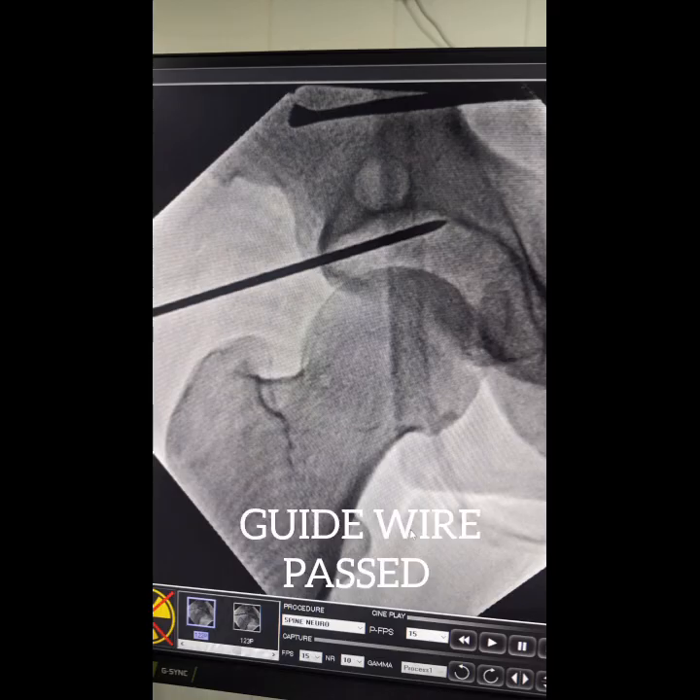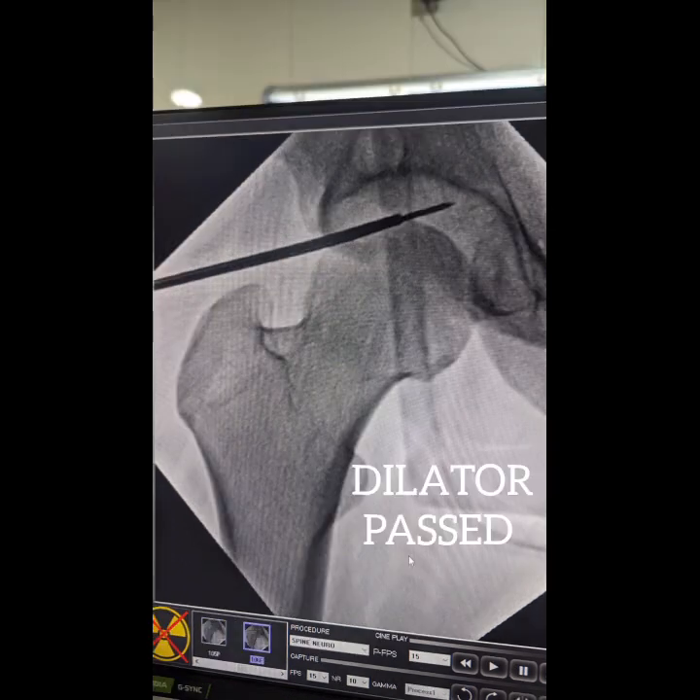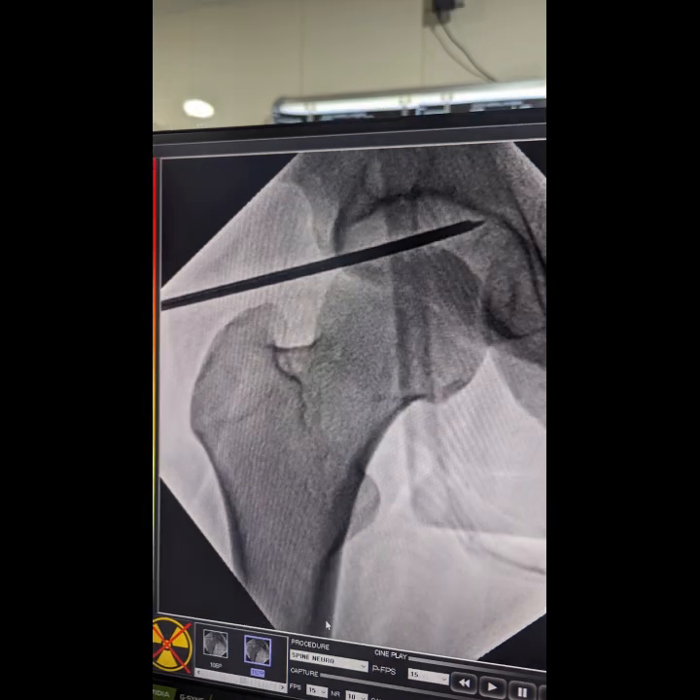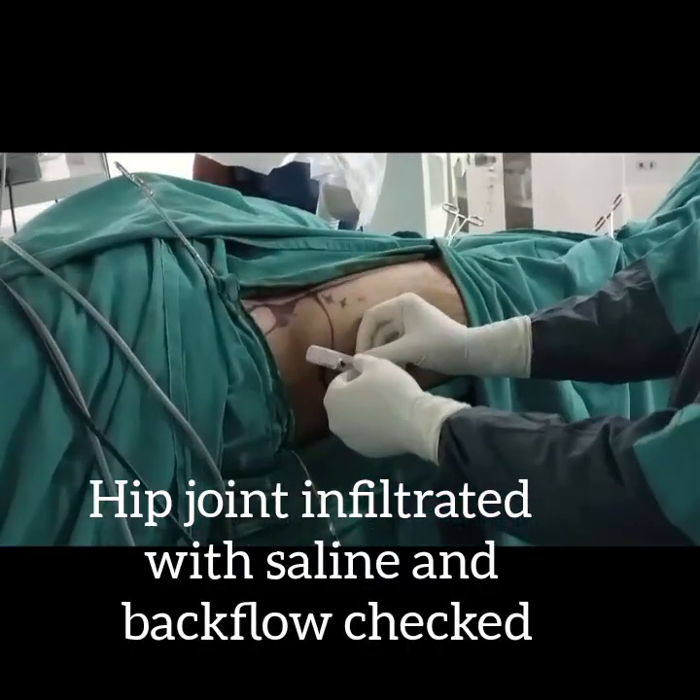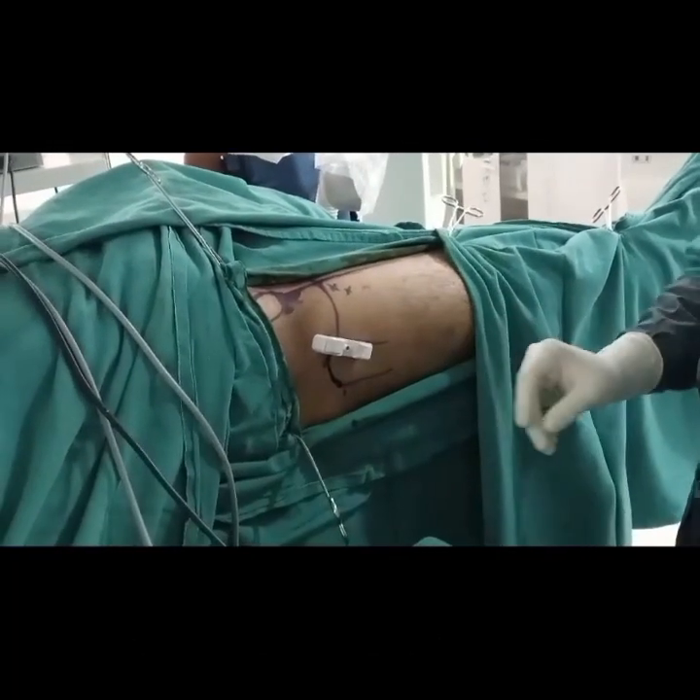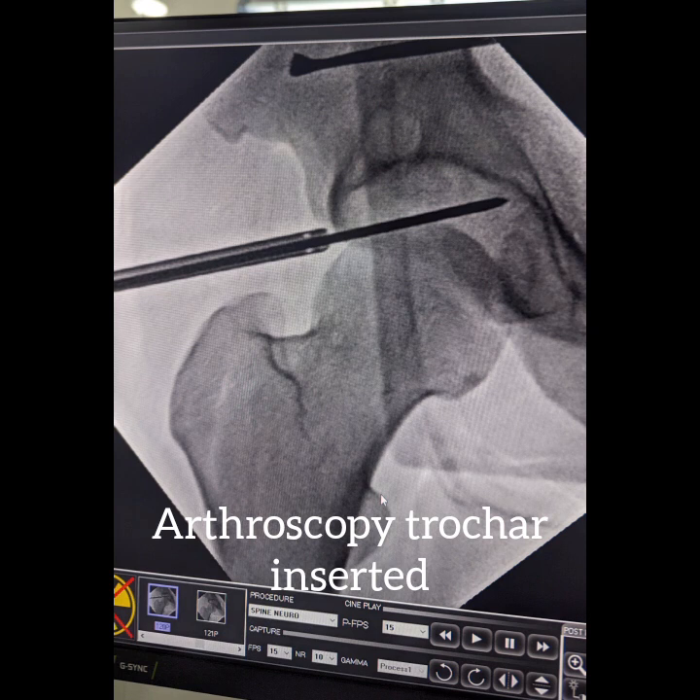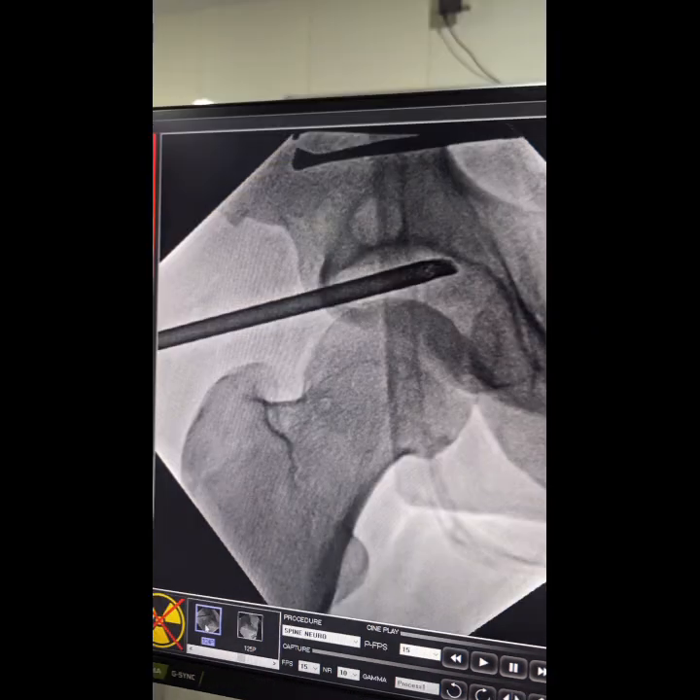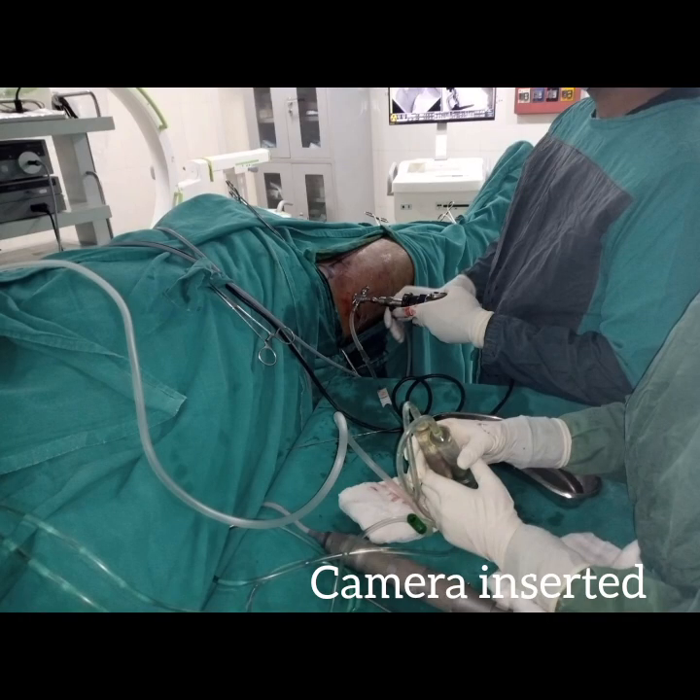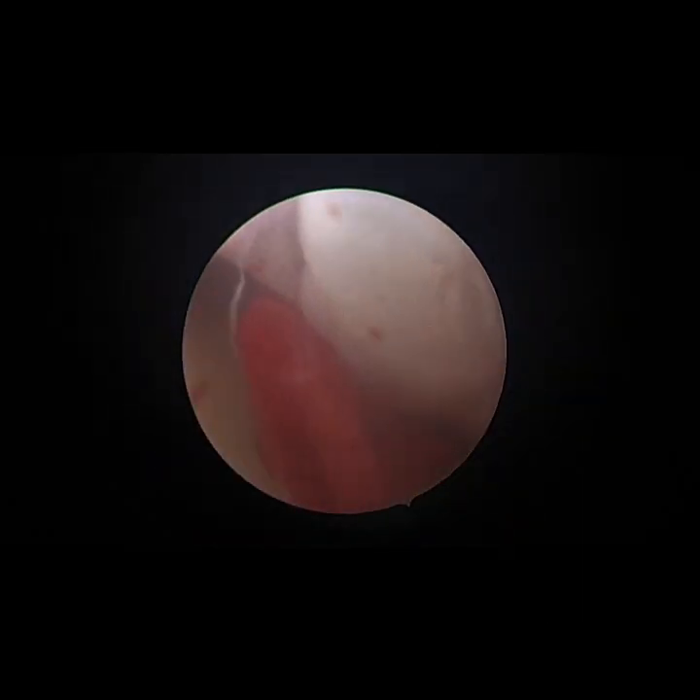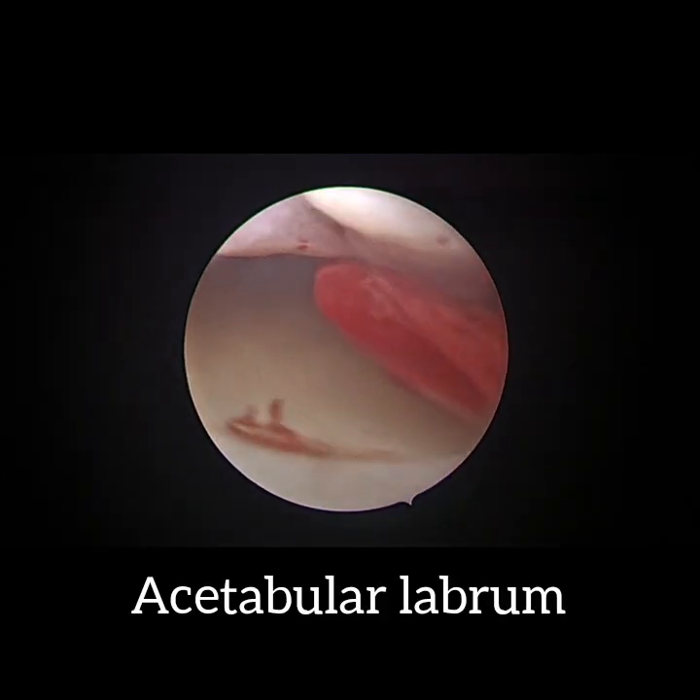Under C-arm guidance, a guide wire is passed into the hip joint. Dilator is passed over the guide wire. Complete dilation of the track is done. Arthroscopic trocar is passed over the dilated track into the hip joint. Camera is inserted into the trocar and diagnostic arthroscopy is started, showing